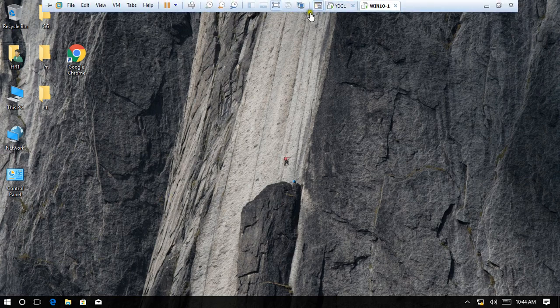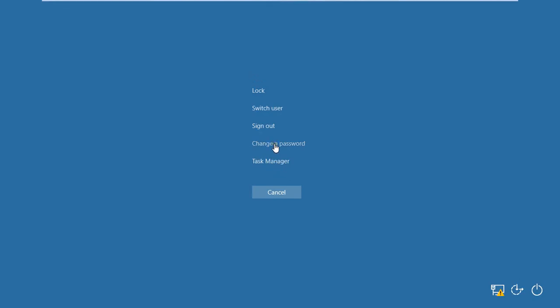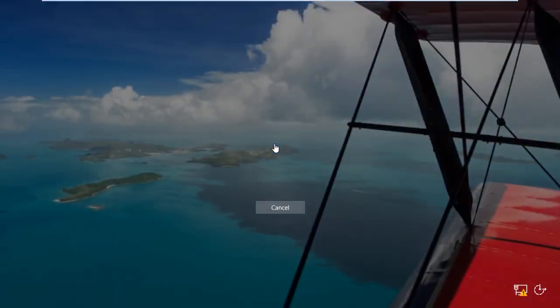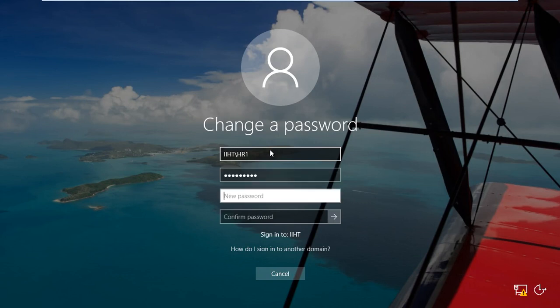But it doesn't mean that he can change to any password. He cannot change to any password. He should change only to a strong password. Right now the old password is 123@IIHT1, and maybe he tries another new password like 123456789.